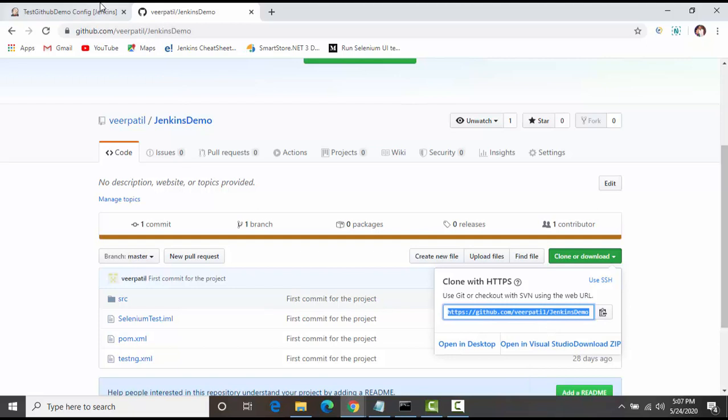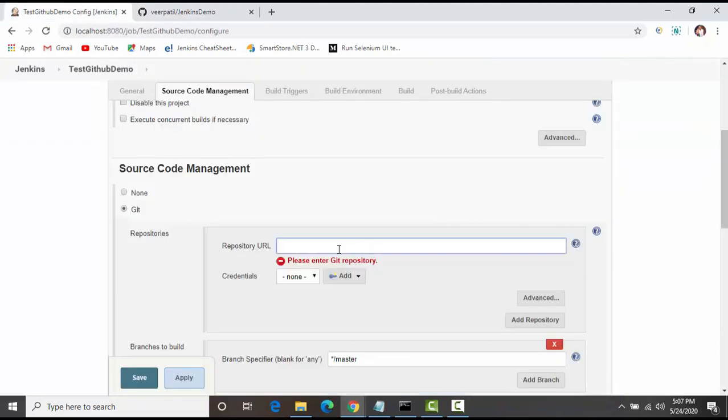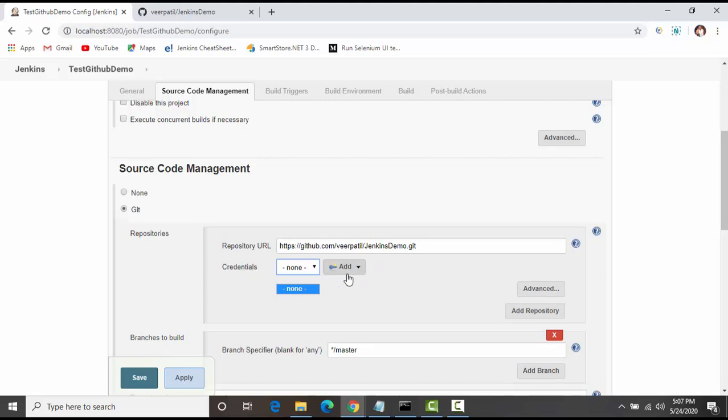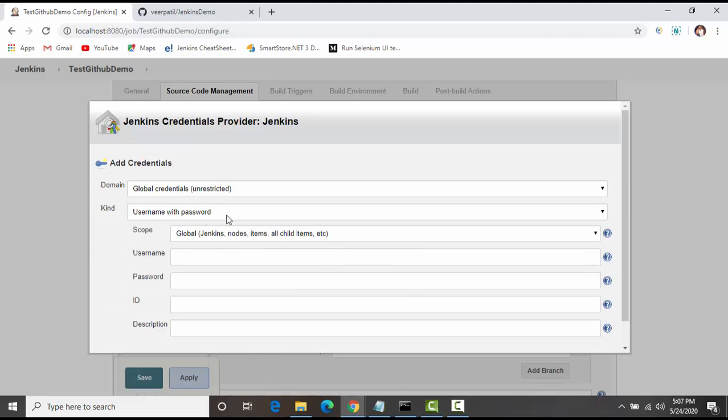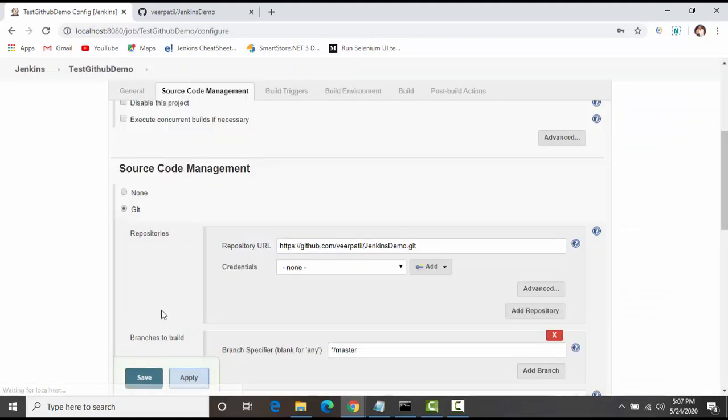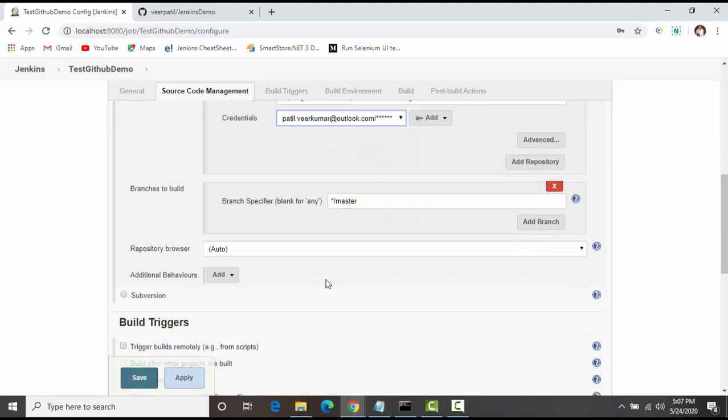Just copy this, paste it over here, and for credentials add your credentials. So I'll add my credentials over here, and I'll click on add. So you can see that credentials were added over here.